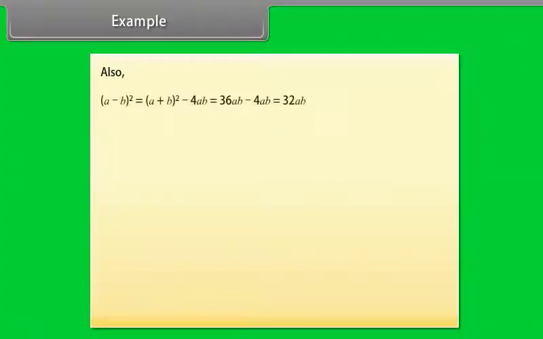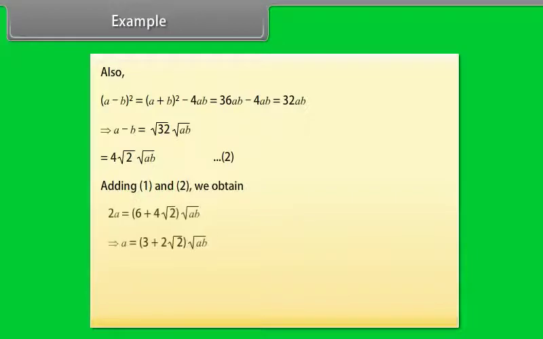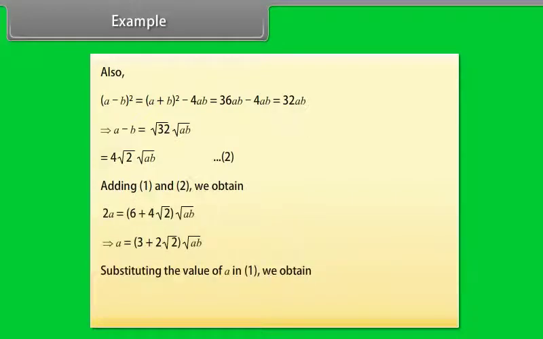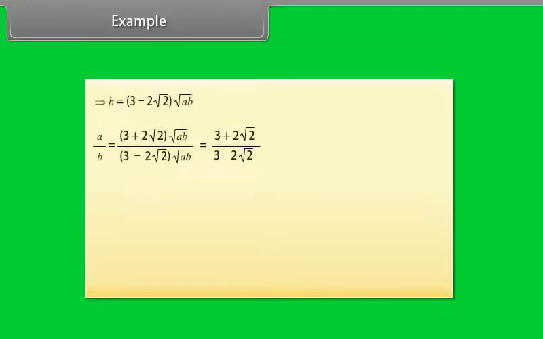Also, square of A minus B can be written as A minus B is equal to 4 into square root of 2 into square root of AB. Let it be equation 2. Adding 1 and 2 we obtain, substituting the value of A in equation 1, we obtain A by B is equal to 3 plus 2 root 2 divided by 3 minus 2 root 2. Thus, the required ratio is